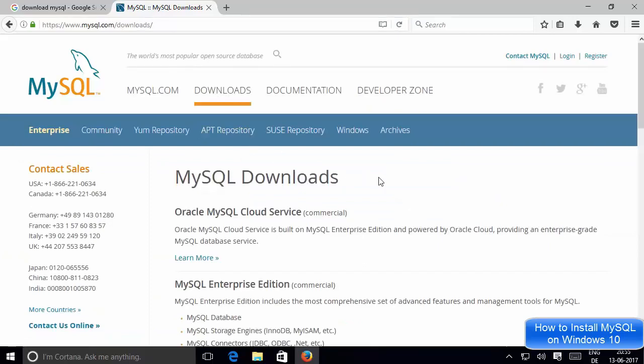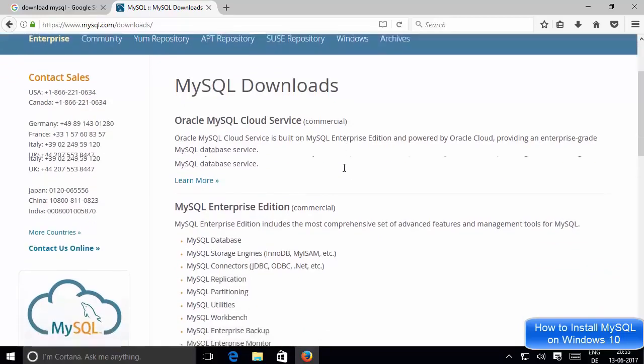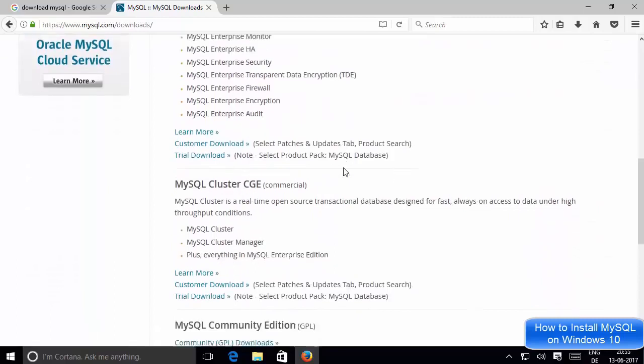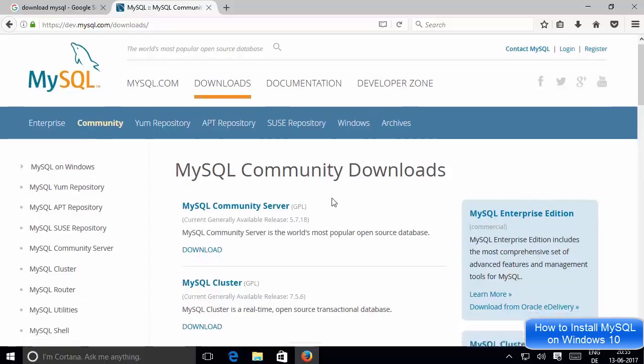and then you will reach the downloads page. Okay, now in here we want to download the community version of MySQL server. Now when you scroll a little bit down, at the bottom you will be able to see this community GPL downloads. Okay, so we want to download this version. We want the MySQL community edition, which is a GPL version. So just click this link which says community GPL downloads, and once this page is open, it will give you